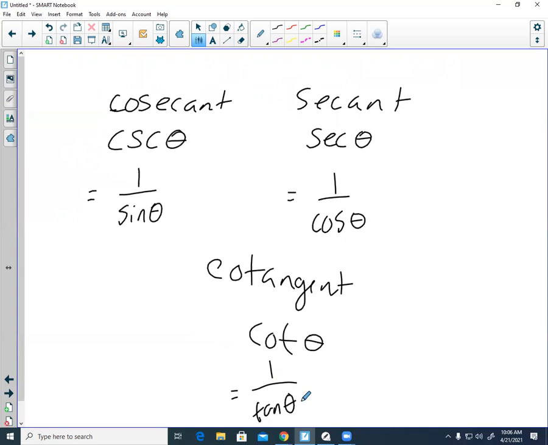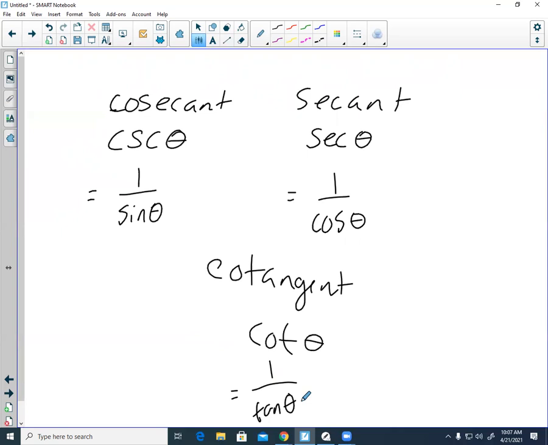So we're going to rewrite all of those so that you can see all 6 of them in the same line. But this is just a brand new addition. And I'm telling you right now, if you know how to deal with sine, cosine, and tangent, then you absolutely know how to deal with cosecant, secant, and cotangent. Okay, it may not seem like you do at this moment because it's brand new, but I'm telling you right now, if you feel comfortable with SOHCAHTOA, then you feel comfortable with these